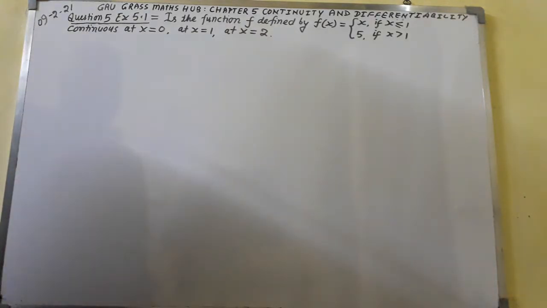I am from Govgrass Maths Hub. I am going to discuss question number 5 that has been taken from exercise 5.1, chapter 5, continuity and differentiability of NCERT of Maths. Question: the function f defined by f of x equal to,